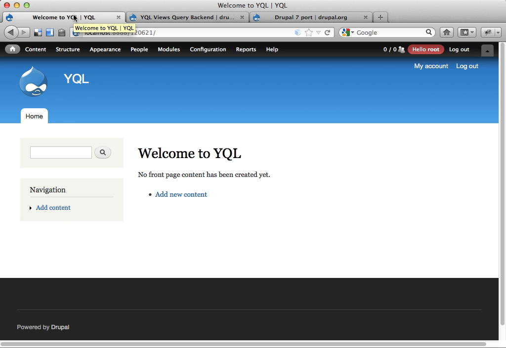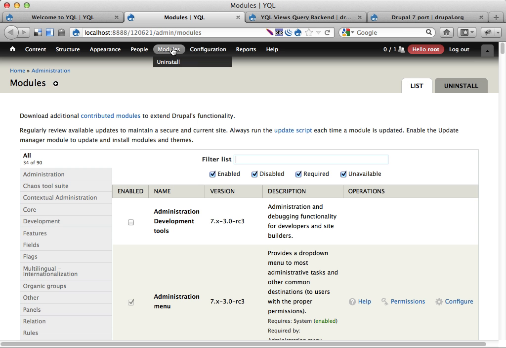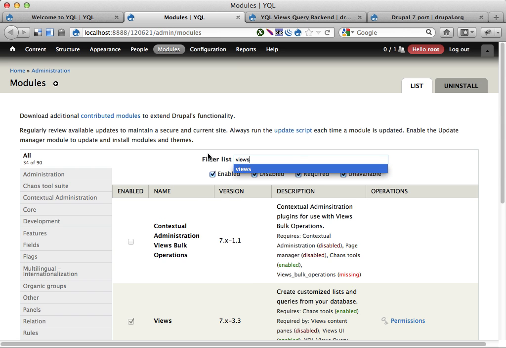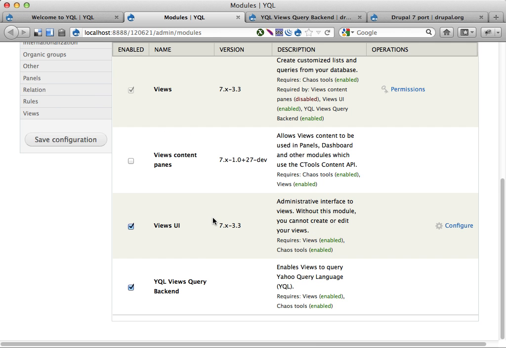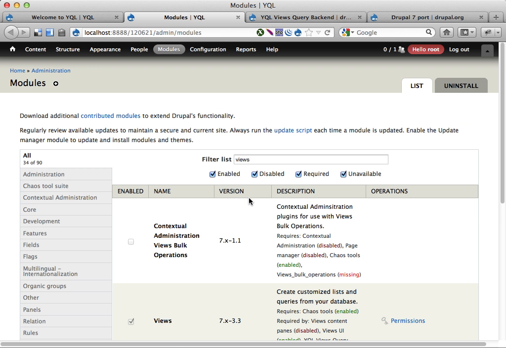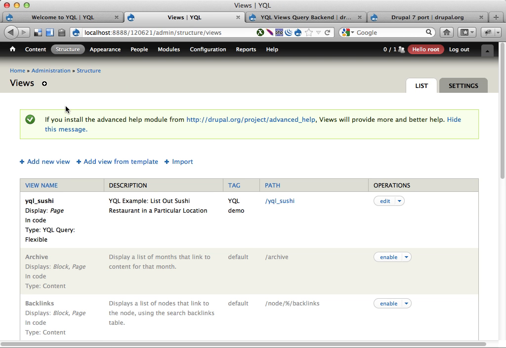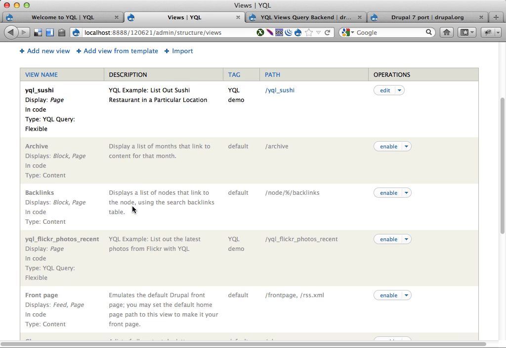So, with that all done, I'm going to show you on this site I have installed Views. This is the module filter module. I get questions about that a lot. So you have Views installed and enabled, and then you have the YQL Views query backend installed and enabled as well. If you do that, you can go over to Views, and you can see we have a few views